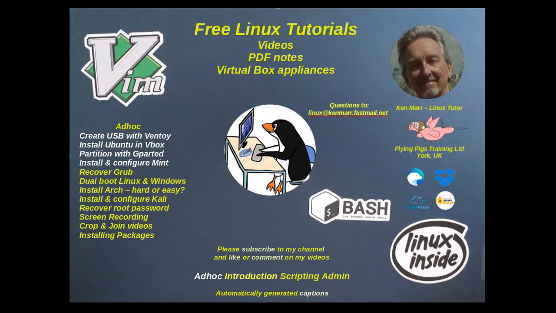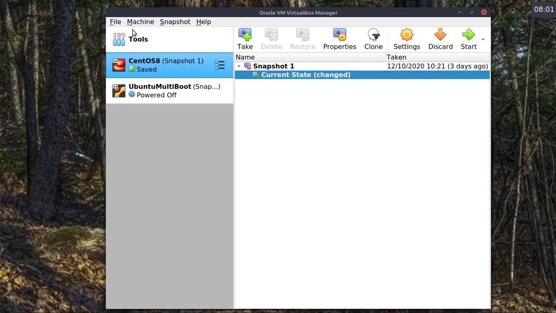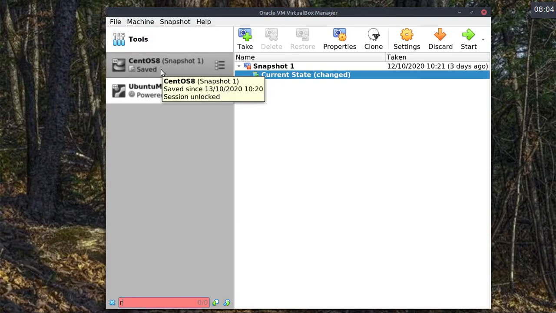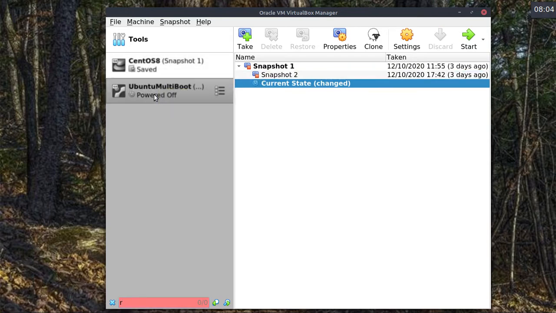Install and configure Mint. We'll start with Virtualbox. I'm assuming that you've already got Virtualbox installed. I've got a couple of virtual machines here. CentOS 8 is the one that I'm using for the course. This one is Ubuntu. Multiboot. It boots Ubuntu and Mint. I'll post something later on how to multi-boot Windows 10 with Linux, because a lot of people seem to like that. So we start here with the installation by creating a new